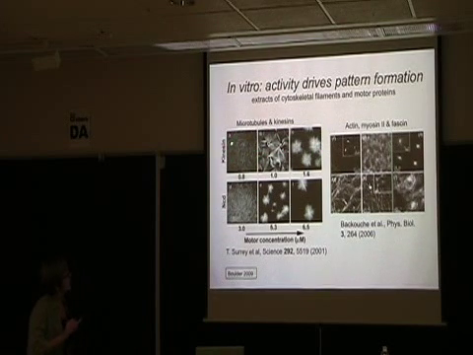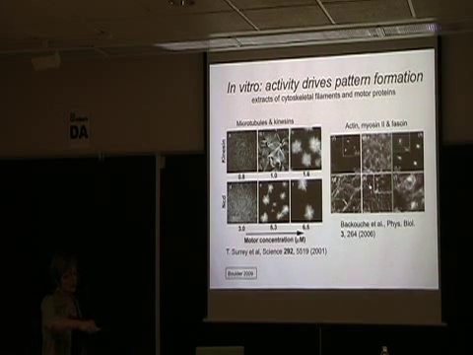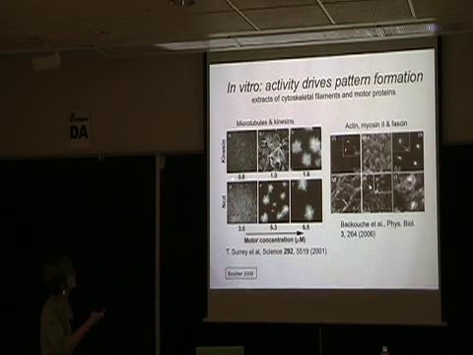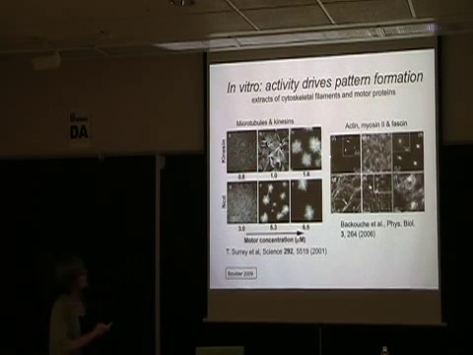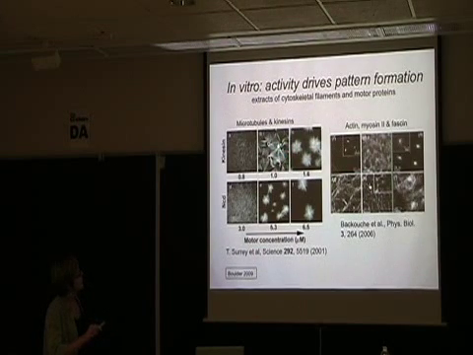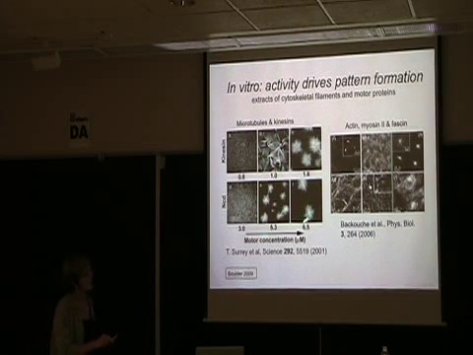For low concentration of the motors, you see sort of an isotropic state. This is a quasi-2D system, the filaments are in the plane, oriented in all directions, the first image. As you increase the concentration of the motor proteins, it appears that these motor proteins drive the formation of sort of interesting patterns, the spiral type patterns that look like vortices near the center, but then they splay out, and these aster type patterns. And with different motor proteins, you still get patterns, but you don't get spirals, you only get asters.